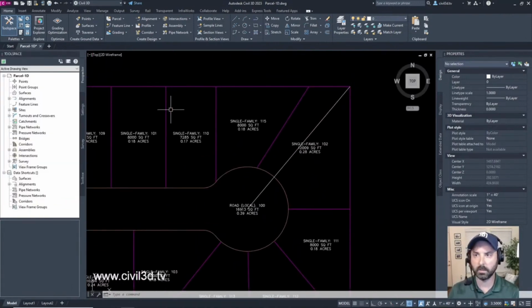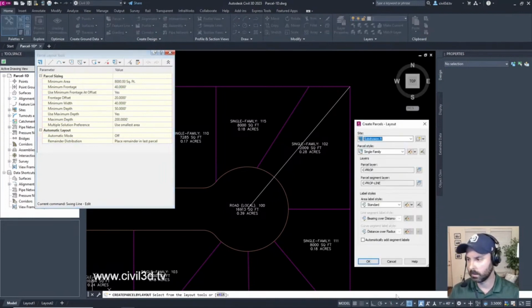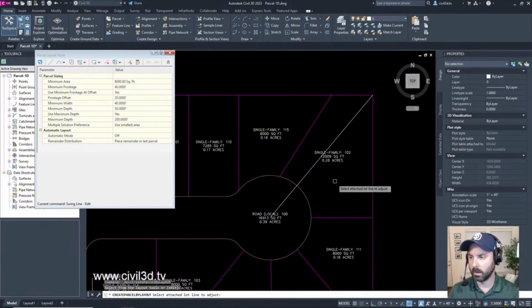Okay, let's try this. Go to parcel creation tools. Everything looks good to me right here. We'll go into swing line edit. Click OK. I'm going to select this parcel once again. Oops, I'm sorry.